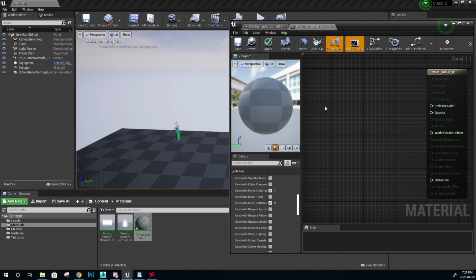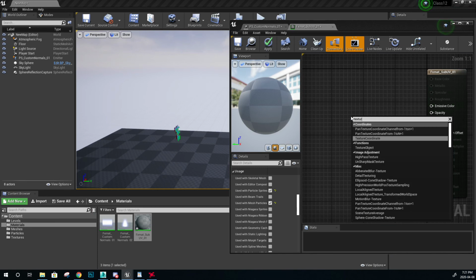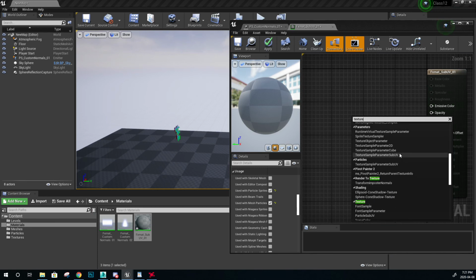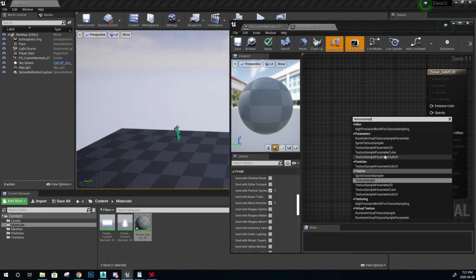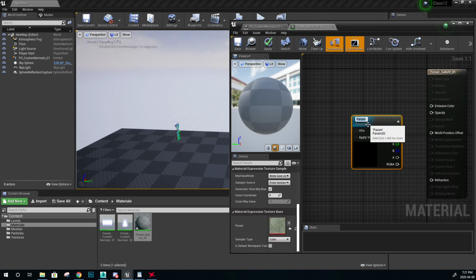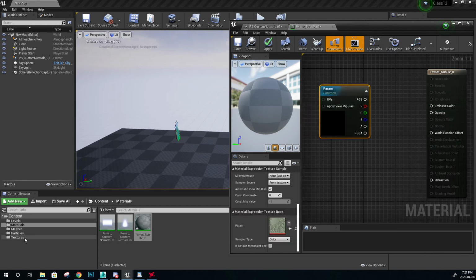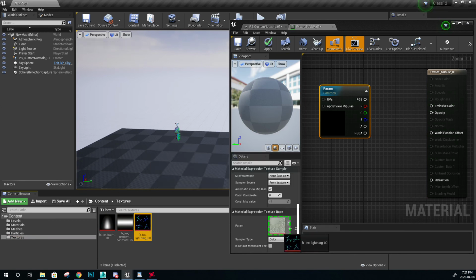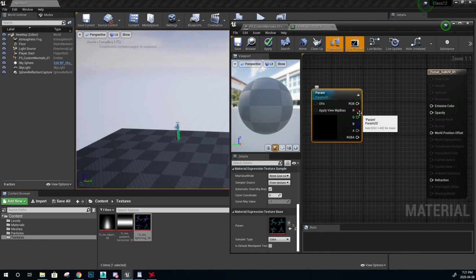Well, let me do the wrong thing first. So if I just got a texture sample parameter 2D, I would get, I'm speaking too fast for what I can actually do. I'm going to plug this here. Opacity, I'm going to use red channel. Now if I just save this,